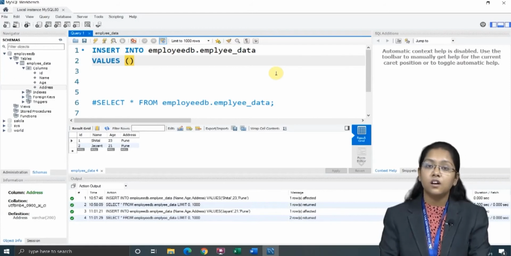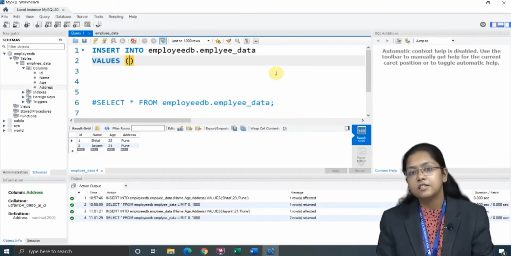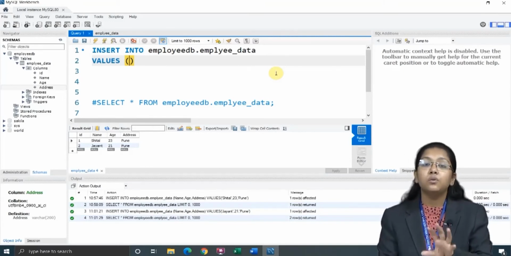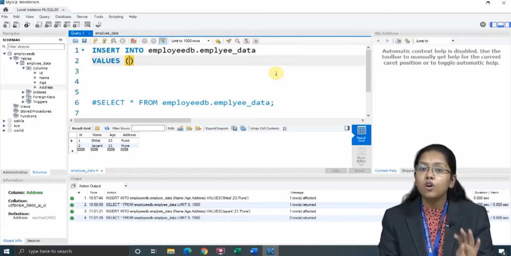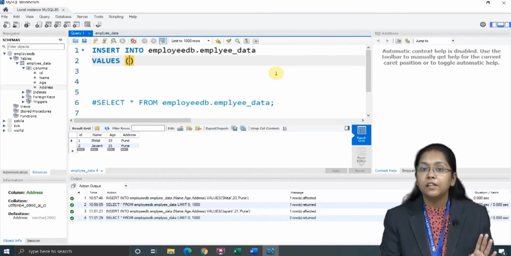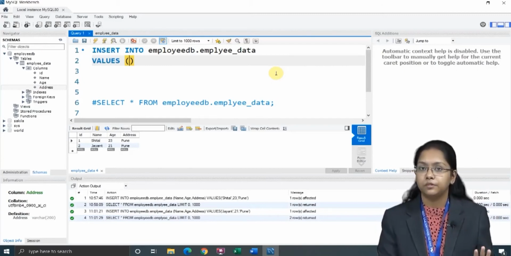In the previous session we added the values name, age and address. But in this particular syntax you can't do it like this. If there are 4 columns in your table, then you have to add 4 values here too.